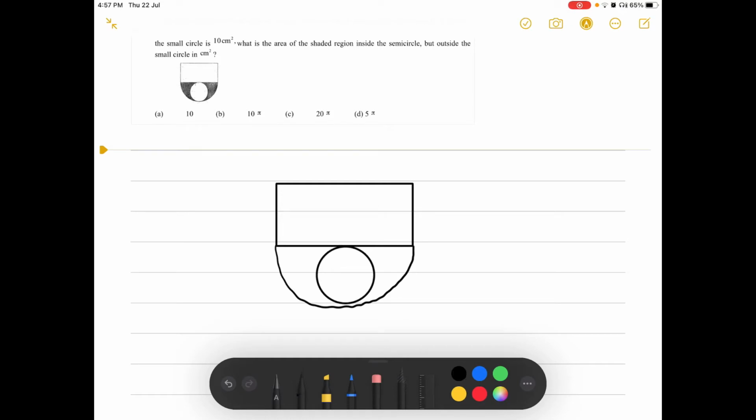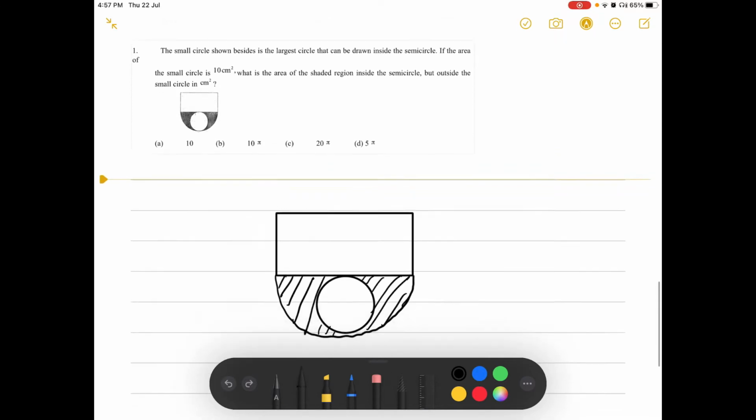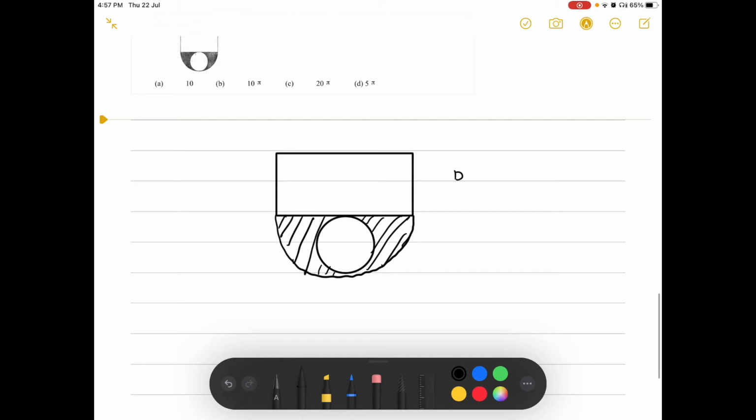What do they mean by the largest circle that can be made? It means that it is touching both the diameter as well as the circumference. So over here there is a contact point and over here. So you can see that it is basically the radius of the semicircle, right? Okay, so this is the first information that we have cracked, that the diameter